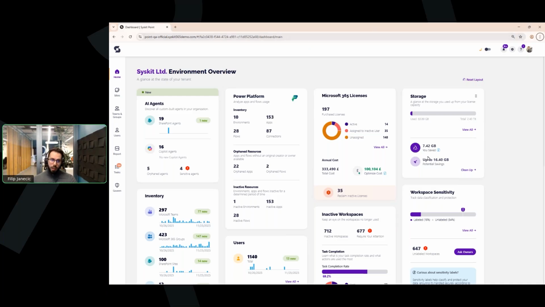So what you can see on the screen here is the SysKit Point home dashboard, which shows you the overview of a lot of important metrics regarding your tenant. And if we look at this little section right here, we can see the number of licenses that we have purchased. We can also see the number of those licenses that are active, the number that is unassigned, and the number that is assigned to users who haven't been active for a while. And if we click this view all link right here,